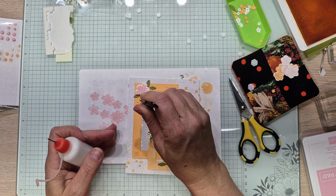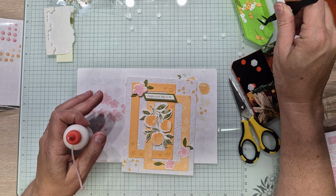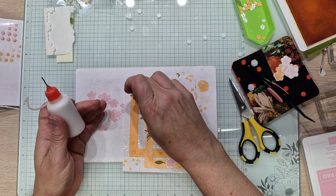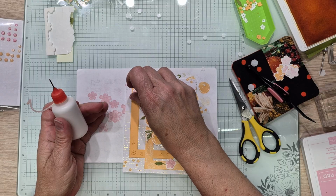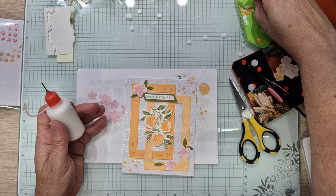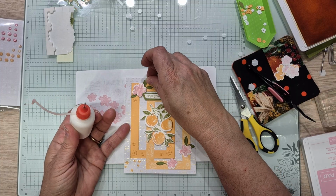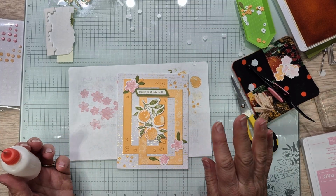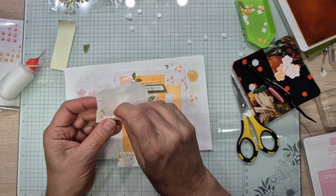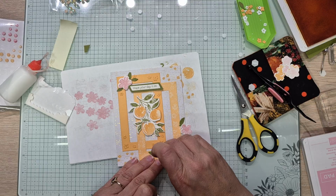All right. That one is too big. Too big. We need a small one. And another small one. I love it. I just love it. So these are going to go up on dimensionals as well. They just are. So one there, one there,